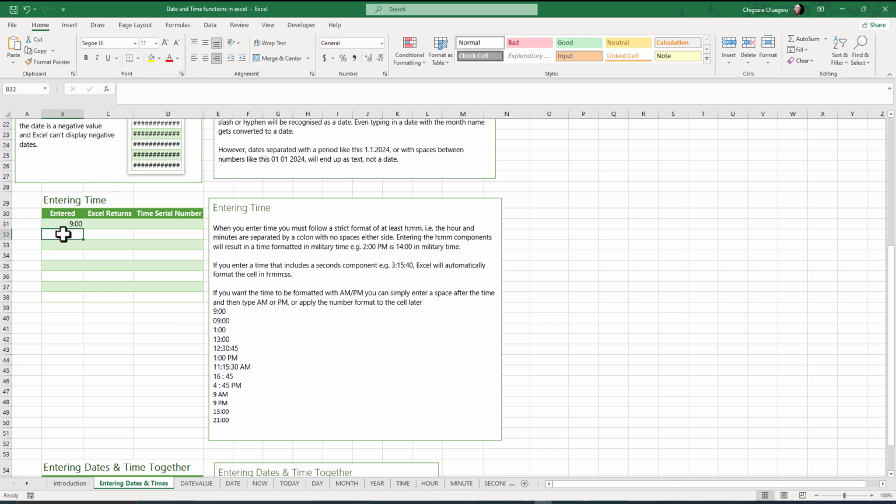You can also use a leading zero, that is 09:00 like this, and press enter. You see it also returns the same thing. You can see it here. Excel recognizes it as a valid time. Let's experiment with different formats. Let me enter